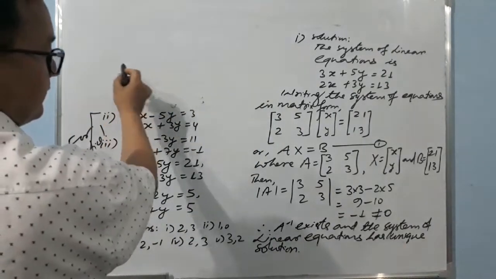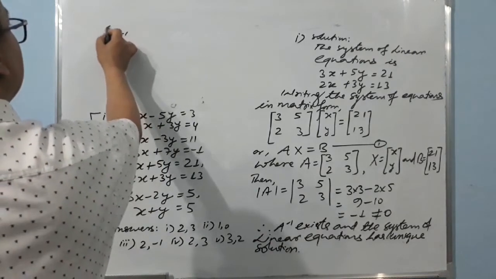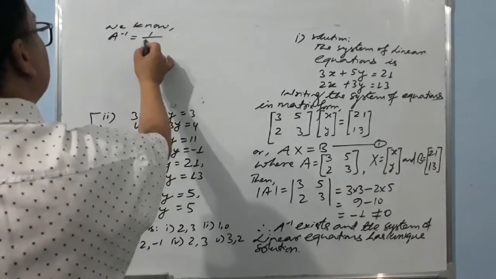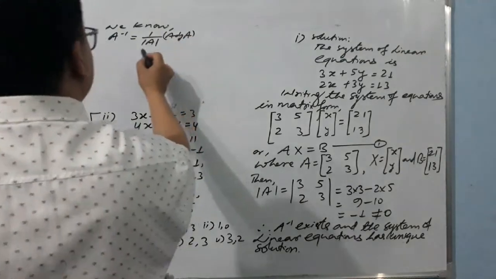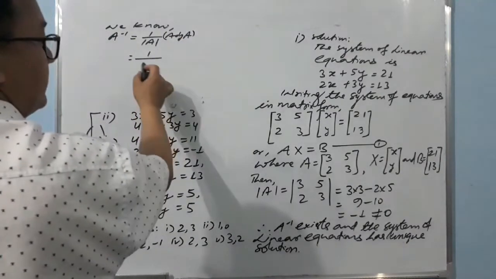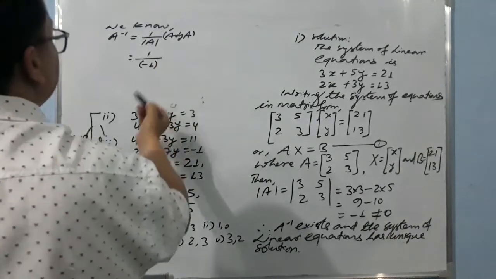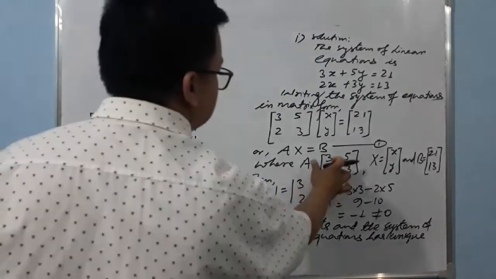Inverse. We know we can write the inverse as 1 upon the determinant of A into the adjoint of A. The determinant of A we have already got here as minus 1. You may use your bracket. Adjoint of A, just as I told you,